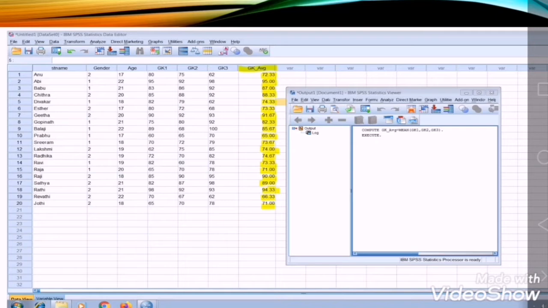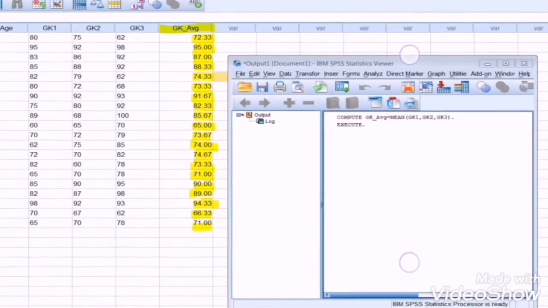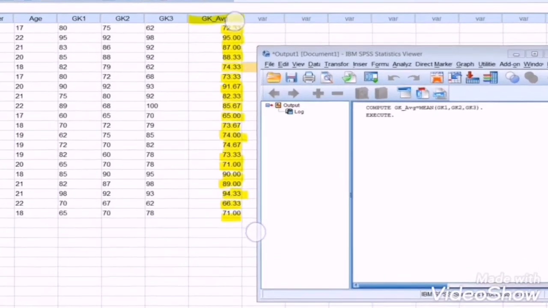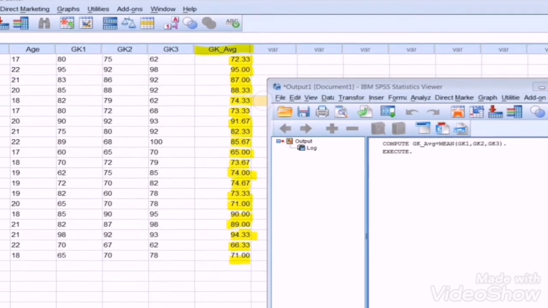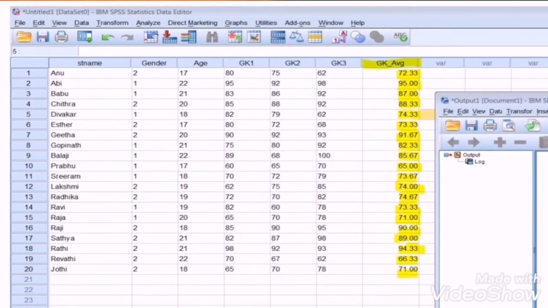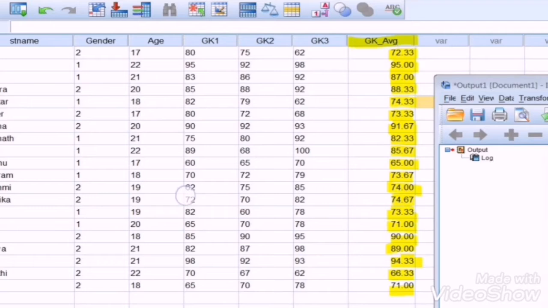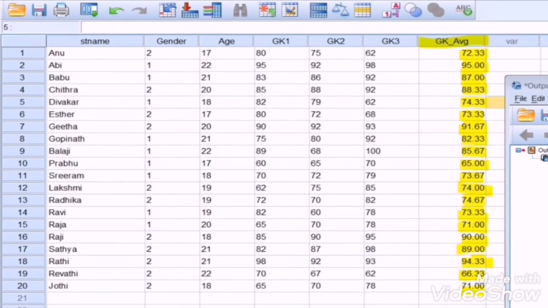Let us see how this appears in the data view. The syntax gets executed here and a new column is created, GK_average, with the resultant figure. For all these 20 records the average is computed and it is appearing in the last column.